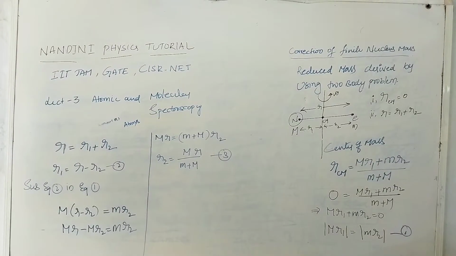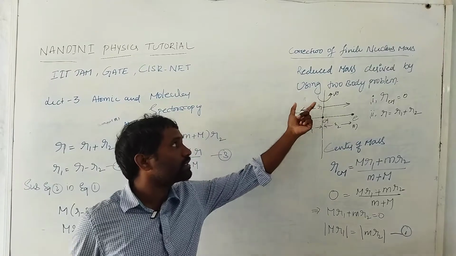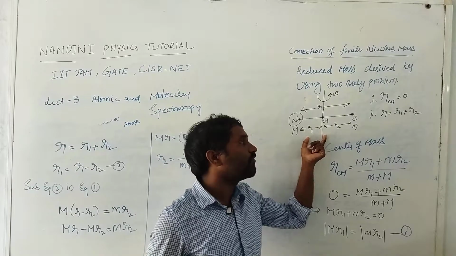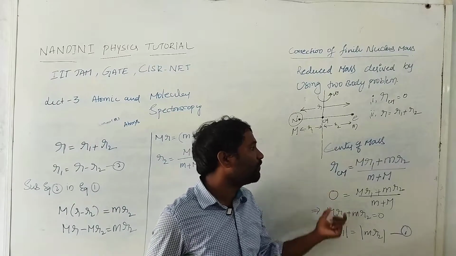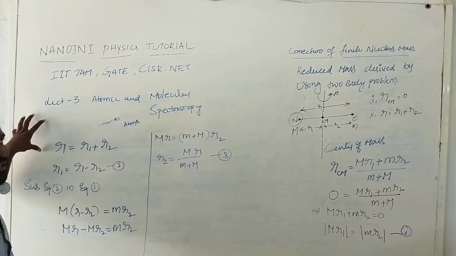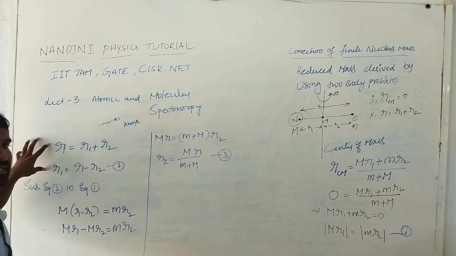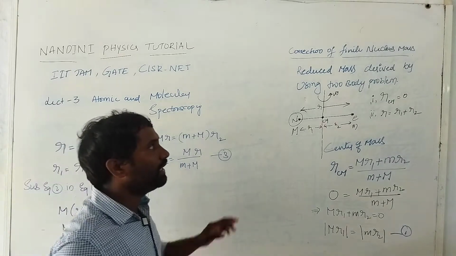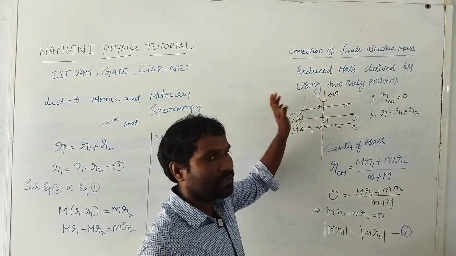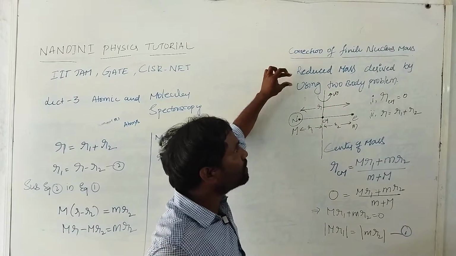So, this is equation 3. I want to find the reduced mass, using the two body problem and the concept of center of mass. In the previous case of hydrogen-like atoms, Bohr considered the nucleus to be of infinite mass and at rest. Now I implement the same model for a finite nuclear mass, as compared to the mass of the electron. That is the reason I am introducing the reduced mass concept.